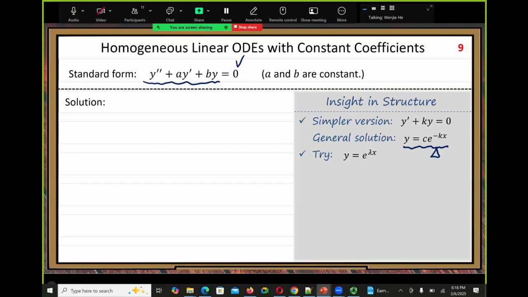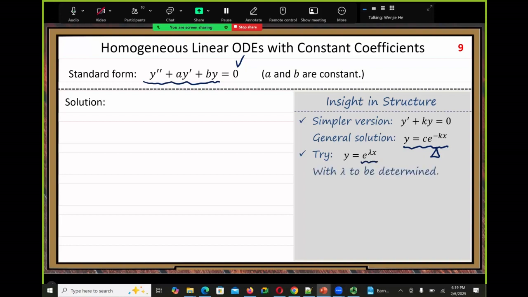Lambda is some constant. At this point, we do not know what lambda is, just some constant to be determined later. It is an exponential form, an e function. We want to try